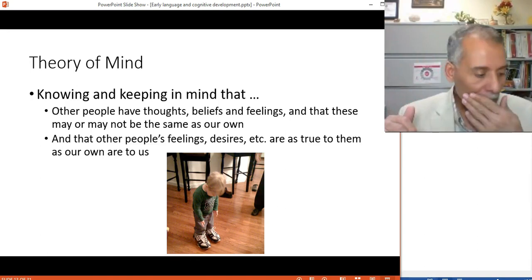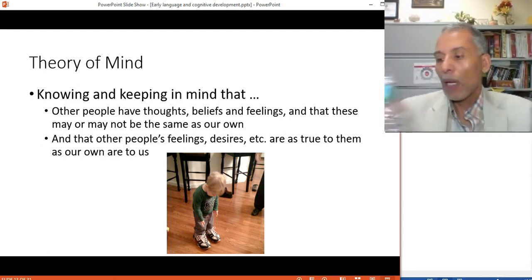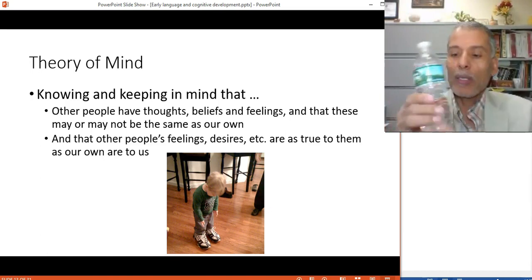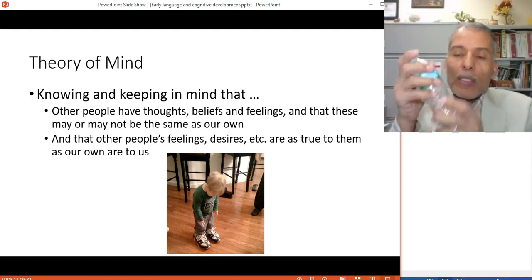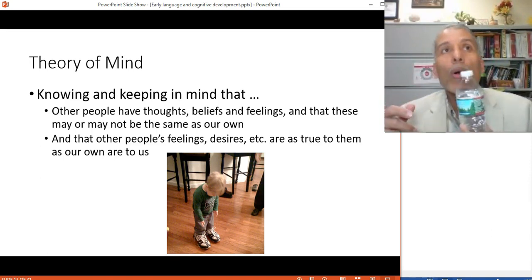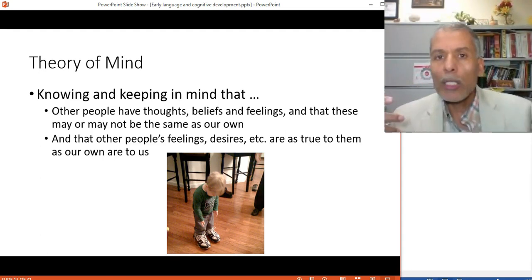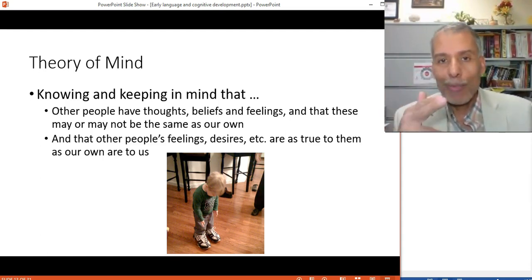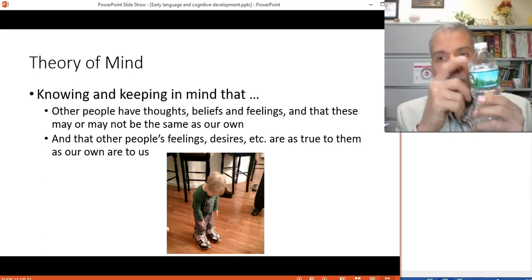For example, something might be heavy, like a water bottle, and the baby finds it heavy and struggles, and can't carry it. Or they might say, oh, it is hard, I can't do it. And then you say, oh, it is so easy. Saying that shows that you do not understand them, that you do not have theory of mind about them.